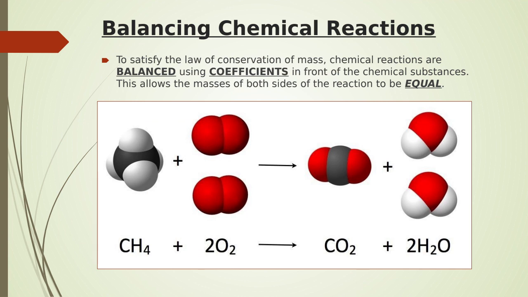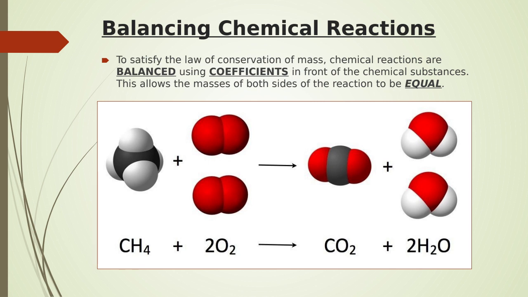So how do we address the law of conservation of mass in chemical reactions? Well, when we carry out a chemical reaction, lots of times we just have one molecule of our reactants and one molecule of our products written down in the chemical reaction. But in actuality, sometimes you need more than one of each of those molecules, either to be reacted or to be produced. And what we do is we balance the reaction in order to satisfy the law of conservation